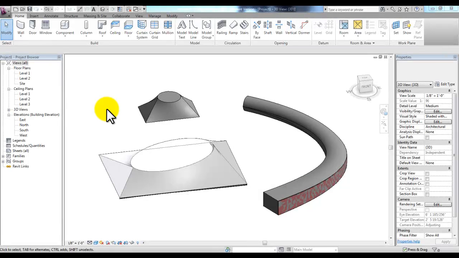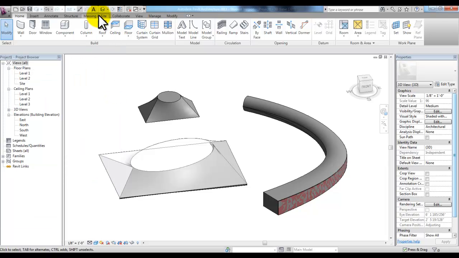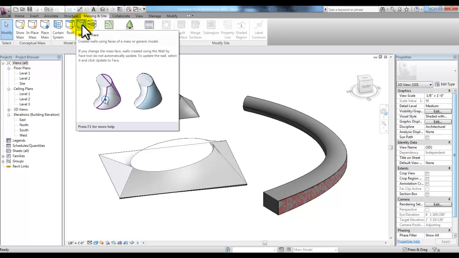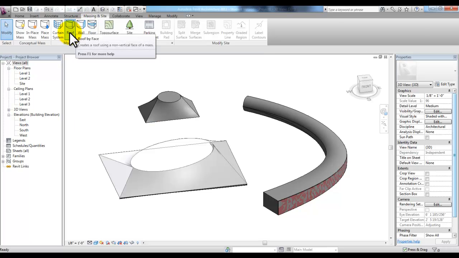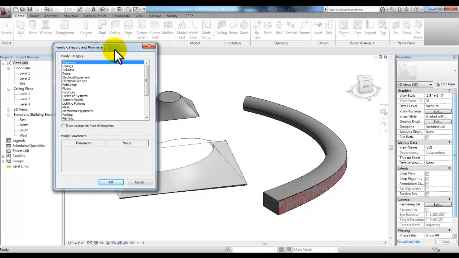When we created our conceptual mass models, we created a new conceptual mass for our model by using the mass family file and the create form tool. Then in the massing and site tab, we used the model by face panel to create walls using the faces of that mass. In the home tab under component model in place, we can use under the family category mass,